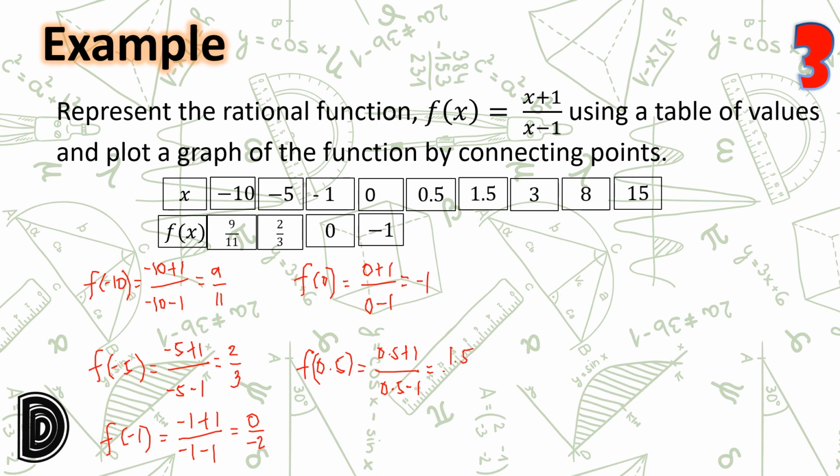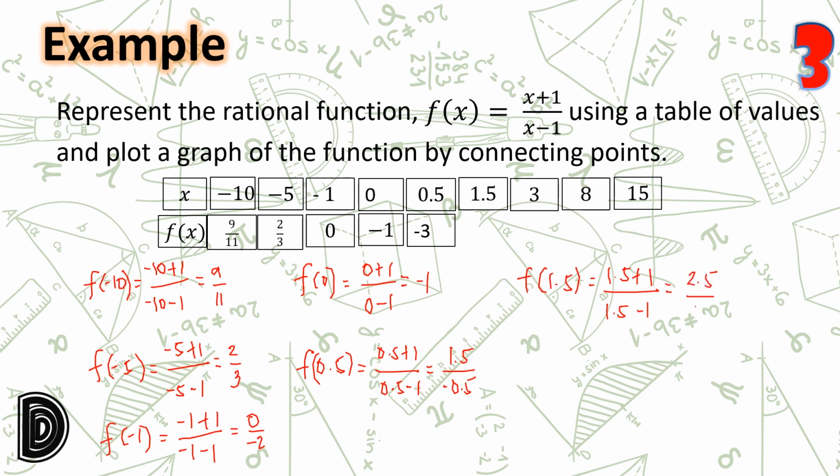1.5 over negative 0.5, and that is equal to negative 3. Next, if x is equal to 1.5, we'll have f of 1.5. That will be 1.5 plus 1 over 1.5 minus 1. This is equal to 2.5